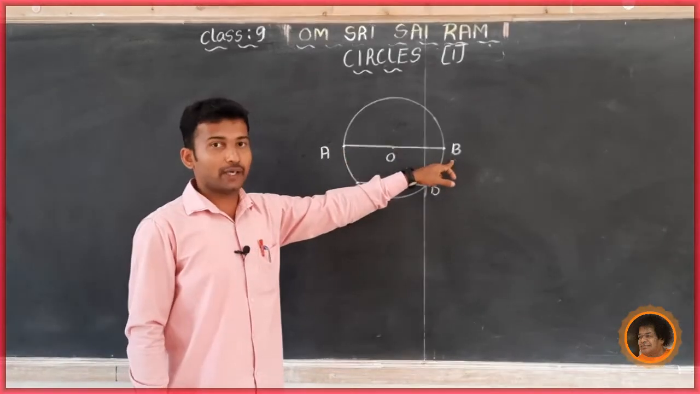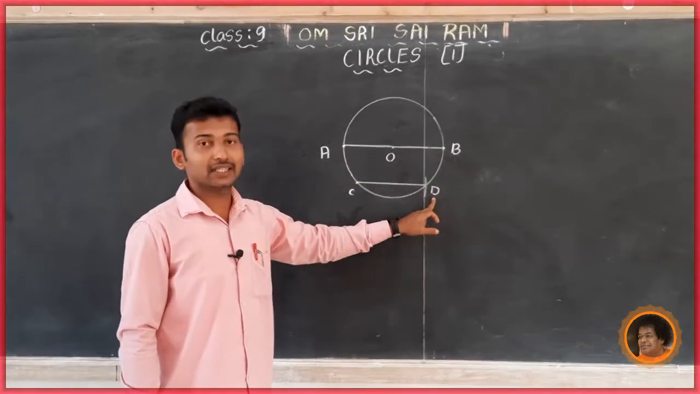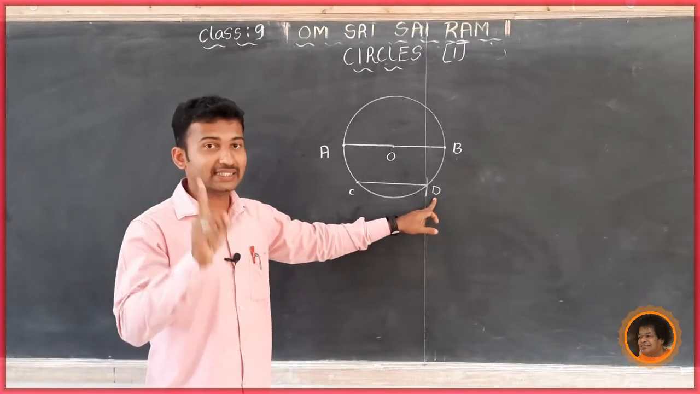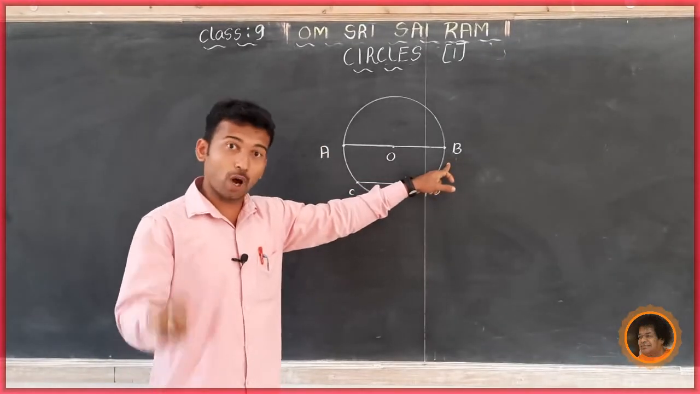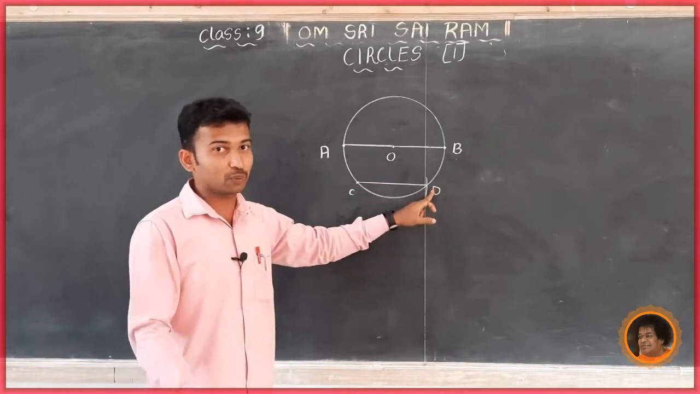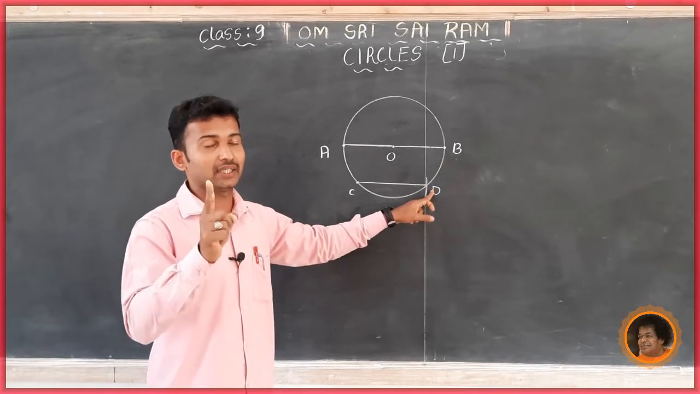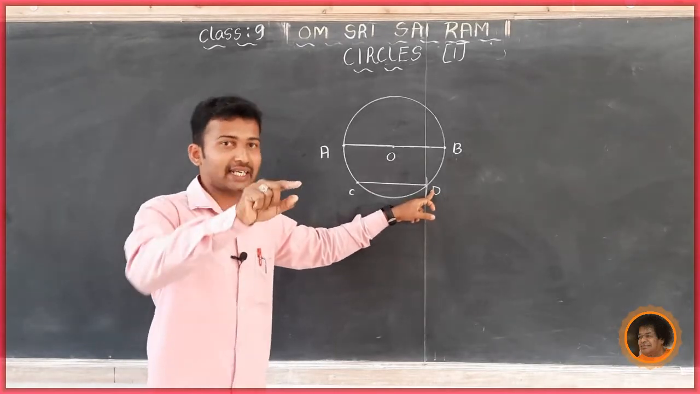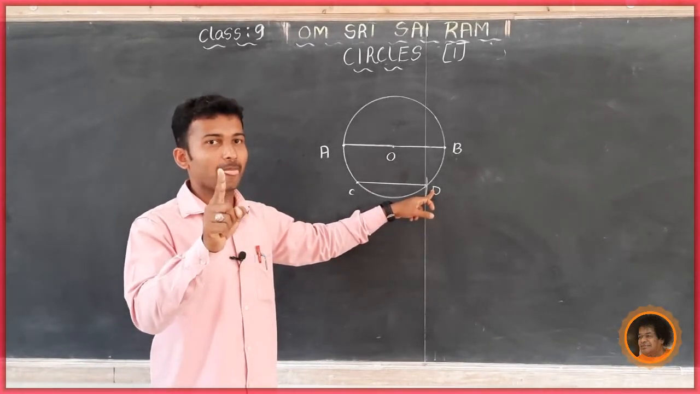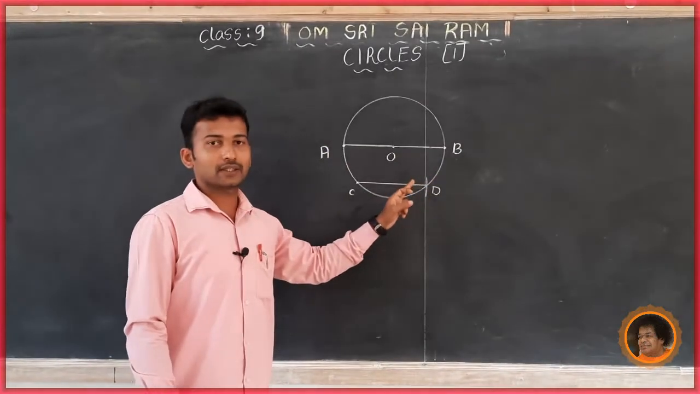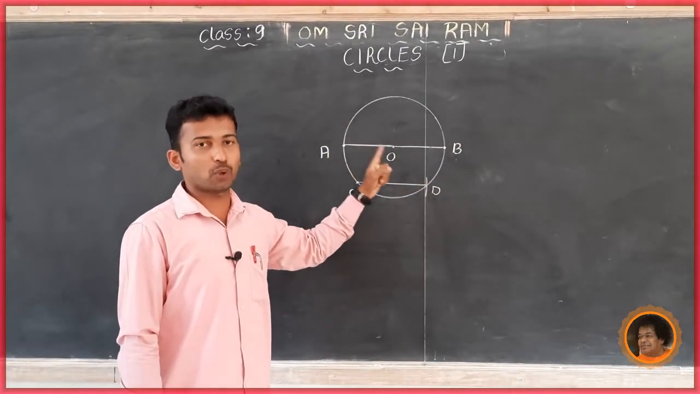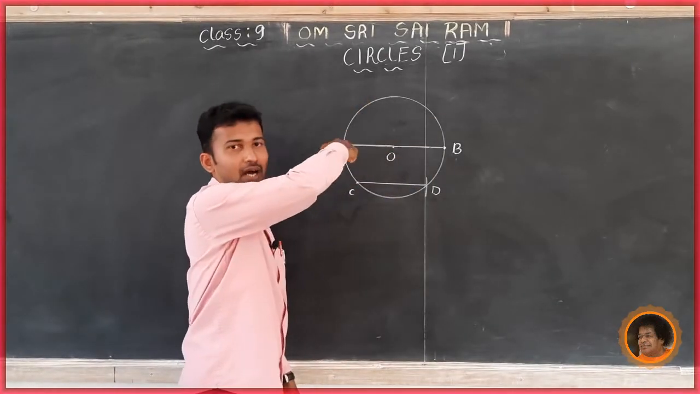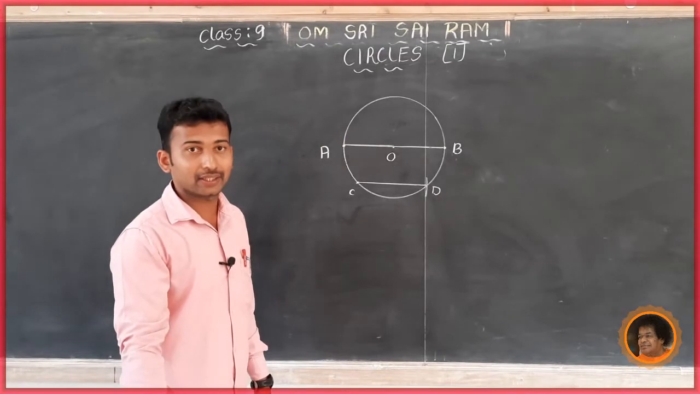AOB is a chord, but CD is not a diameter. We can say AOB is a chord, the longest chord in the circle, but CD is only a chord, not a diameter. One important condition for a chord to be a diameter is that the chord passes through the center only. The lengths of all diameters are the same, and